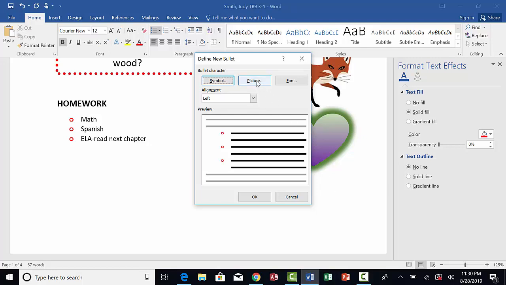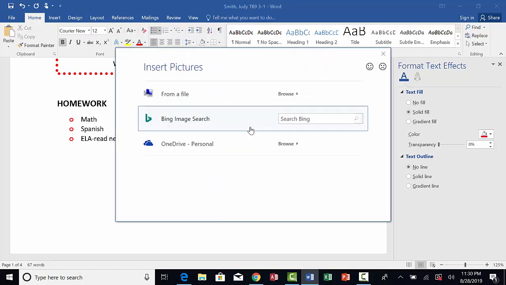I'm going to change these bullets to a picture. Now you have some options. If you already have a picture saved on a computer, you can choose this option from a file, and you can look for the picture that you have saved on your computer. I'm going to do a search for a picture. So in the search box, I'm going to type in the word pencil,